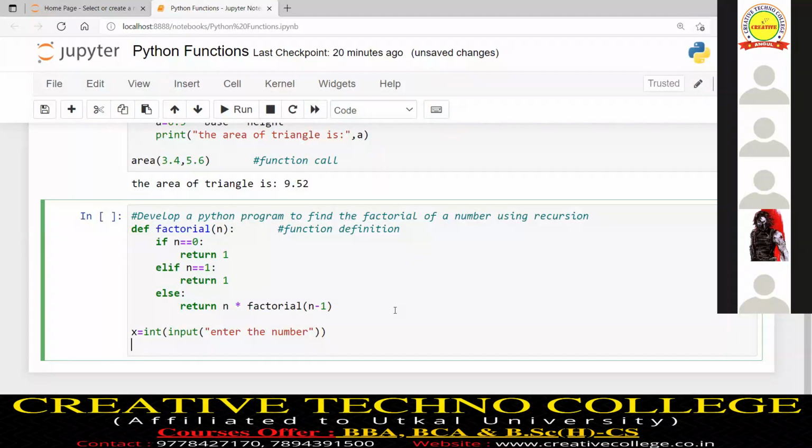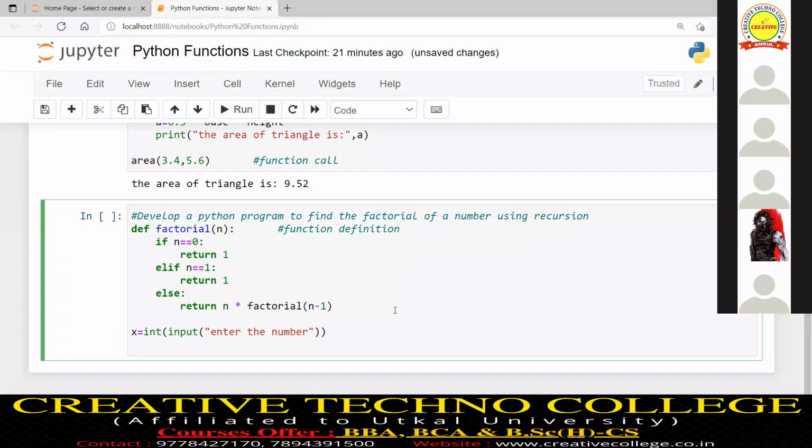So why did I do typecasting? Because input function by default treats every value as a string value. But our requirement is we will take the input value as integer value. So that's why before input function I have specified int.